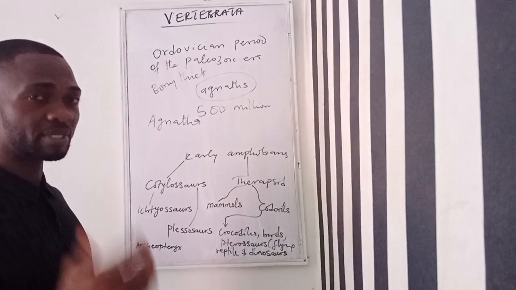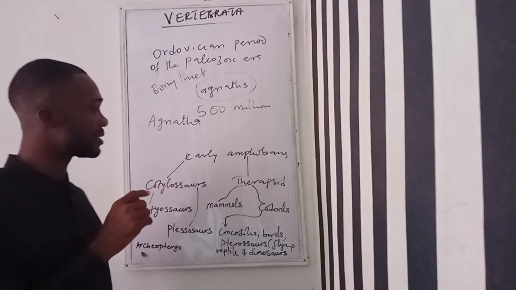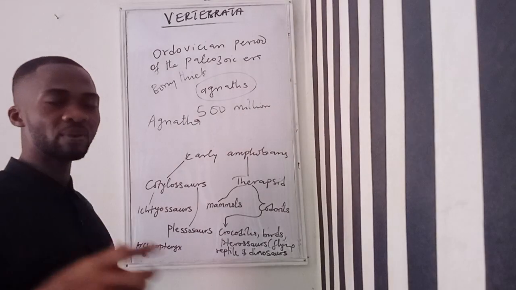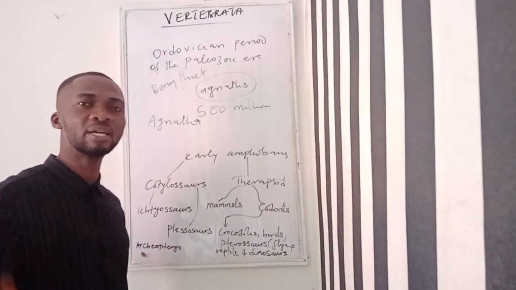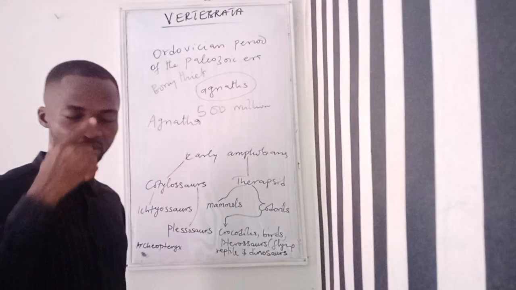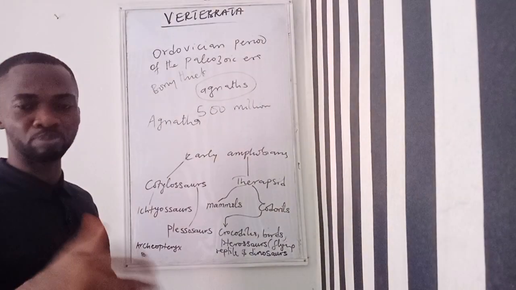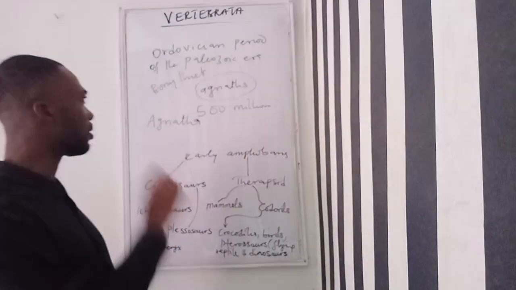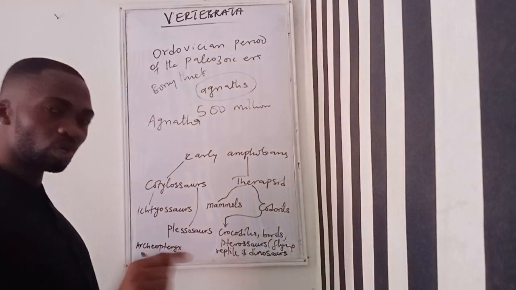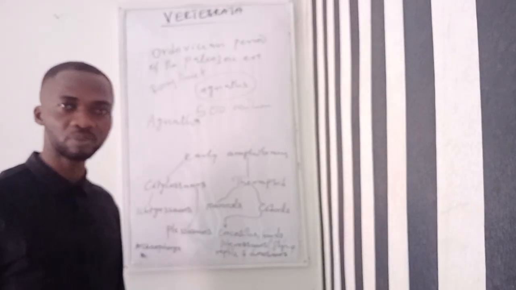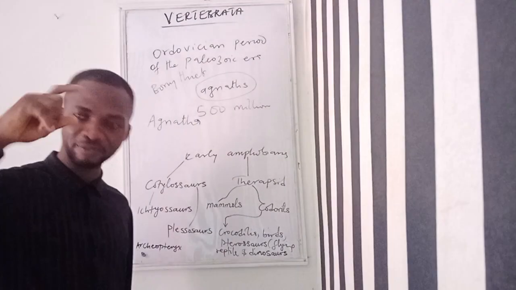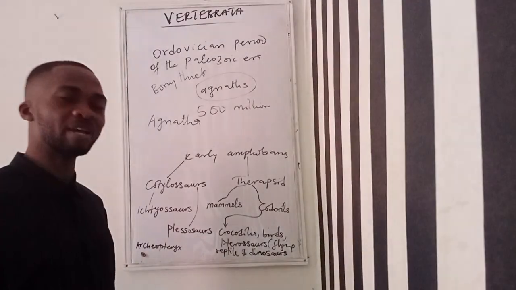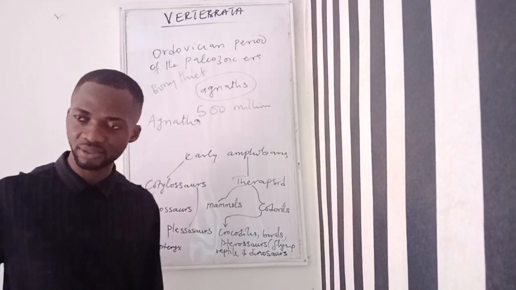One major characteristic of this group of organisms, let me start with the first one, is that they had no jaws. They had no jaws, and that was why they adapted the filter feeding method, because they had no jaw to break their food materials. So one of the common names you can call this group of organisms is jawless fish. Of course, without being told, you should know that the first group of vertebrates are the fishes. From the fishes we have the amphibians, the reptiles. We are still going to go through all this.